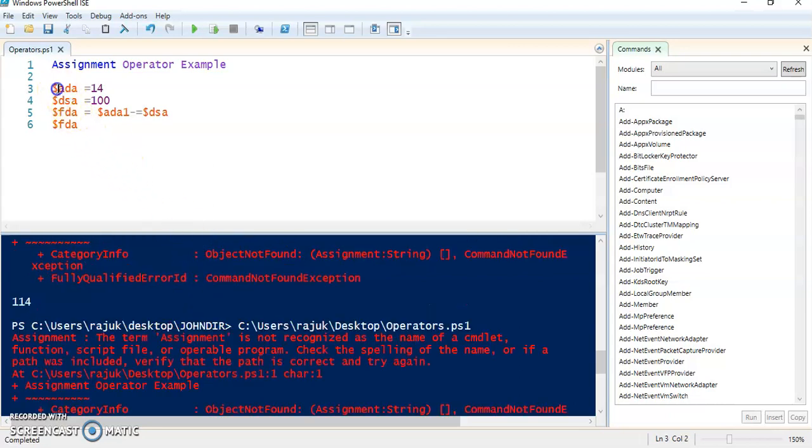Now we have one more operator, the logical operator.